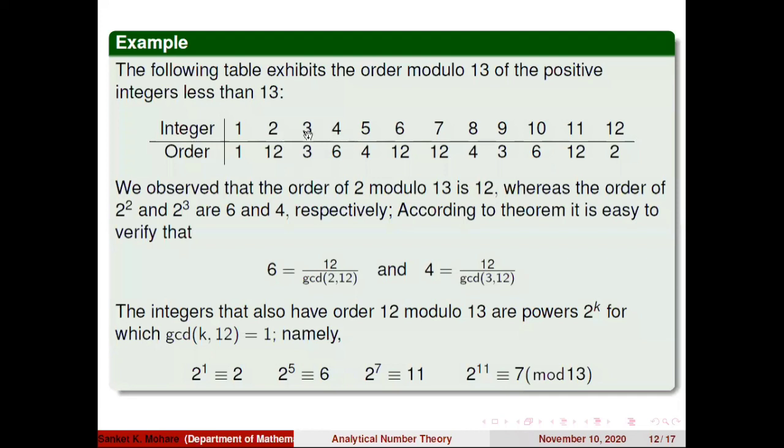Okay, suppose if I have to find order of 3 modulo 13, okay, then it is given here 3. Suppose I have to find order of 3 square. Order of 3 square is what? So how do I calculate order of 3 square here? Order of 3 square is equal to order of 3 upon GCD of 2 comma 3. GCD of 2 comma 3 is what? GCD of 2 comma 3 is 1, because 2 and 3 are prime numbers. That's why its GCD is 1.